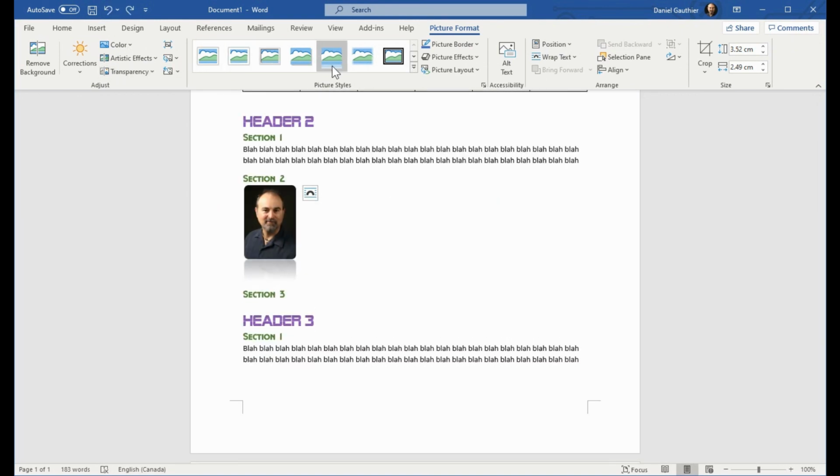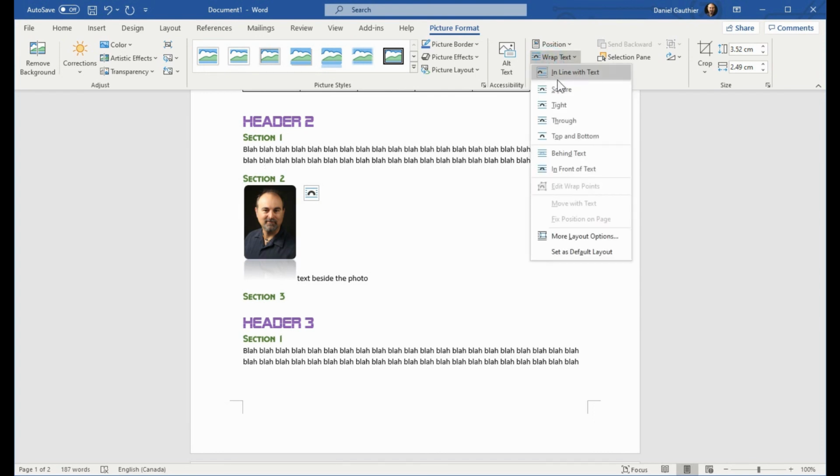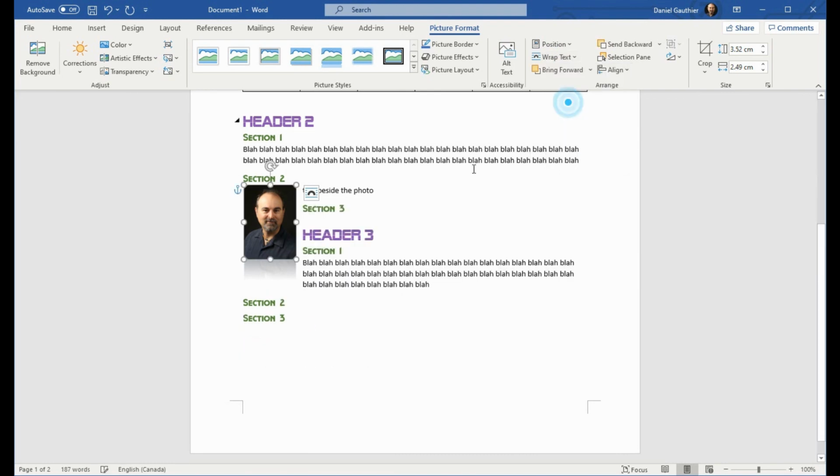But it does have some pretty cool features with picture styles, borders, effects, layout, alternate text, the positioning of it, if you're wrapping text around the picture. So when you're typing something, text beside the photo, and it's not really beside it, you can go in to modify how you want the text to wrap, and you'll see that depending on what you choose, it moves the text around it.